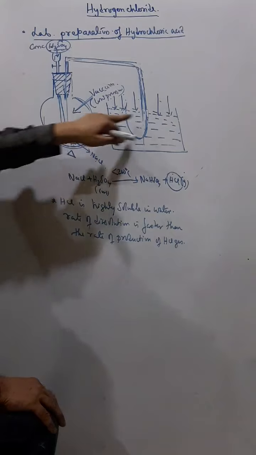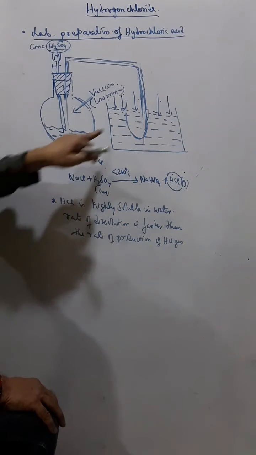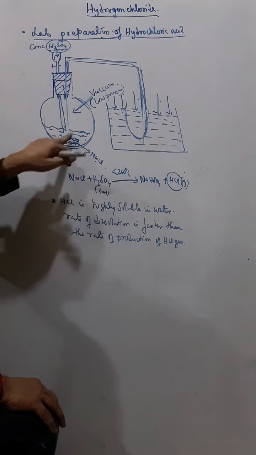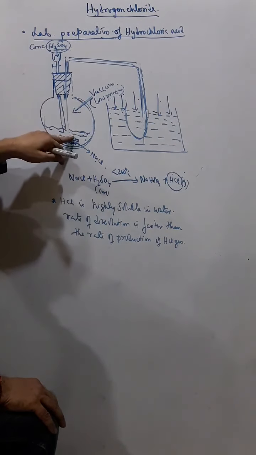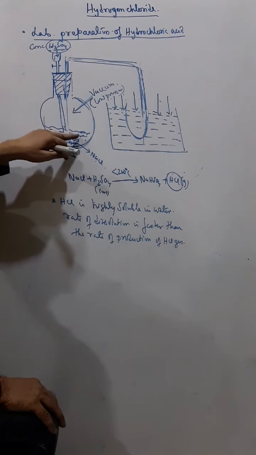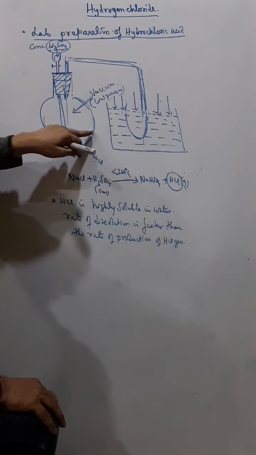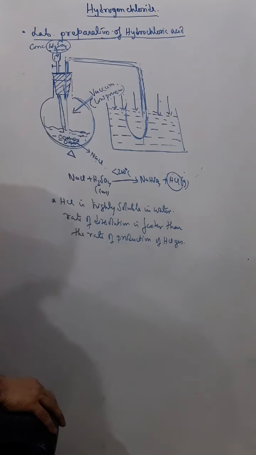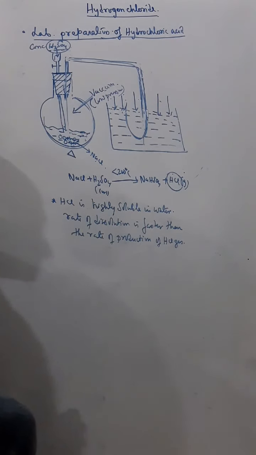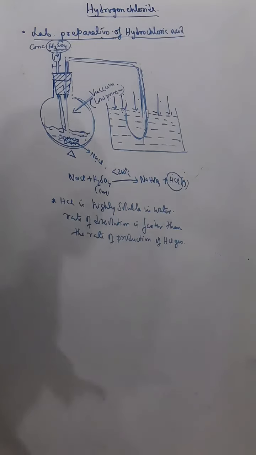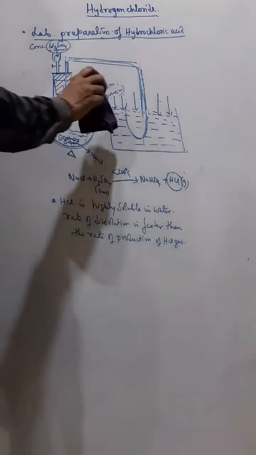sulfuric acid is there, and it's heated, hot concentrated sulfuric acid, and when this water goes here, and when this water reacts with this concentrated sulfuric acid, the reaction is highly exothermic, and a lot of heat is produced, and it may explode, and there will be an accident. There can be an accident. So in fact this is not the way how we dissolve hydrogen chloride gas in water.